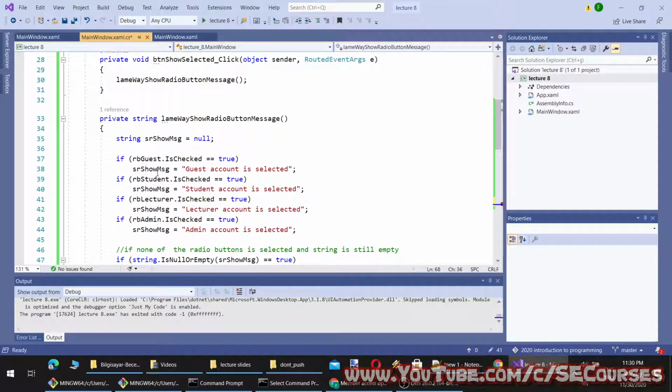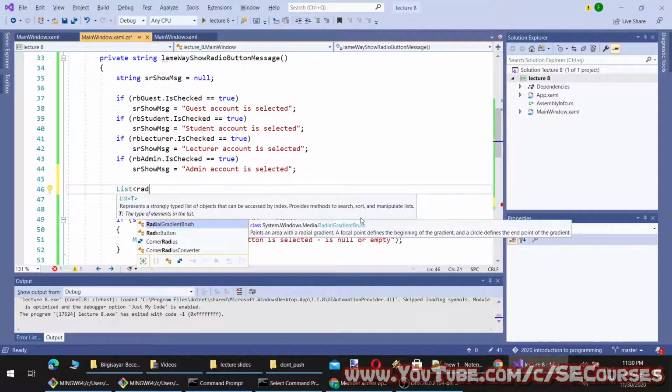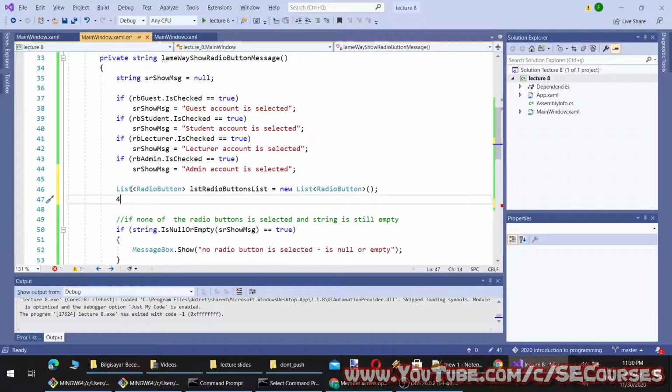And how am I going to do that is so easy. Let me show you. I am going to generate a list of radio buttons like this. New list. And here I will assign my buttons to this list like this.